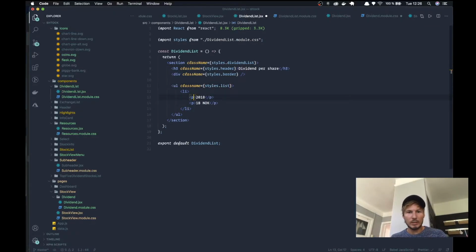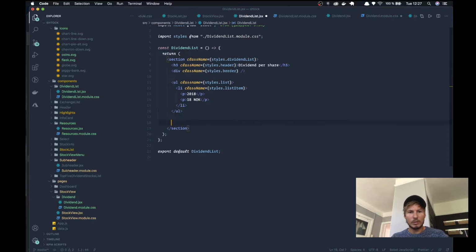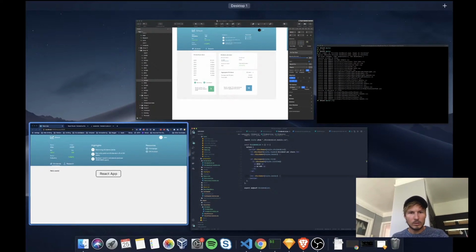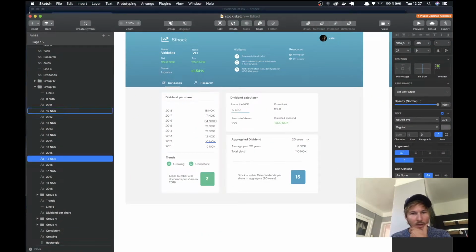So let's say list and class name styles list item, and after the list we want a border again, and let's see,